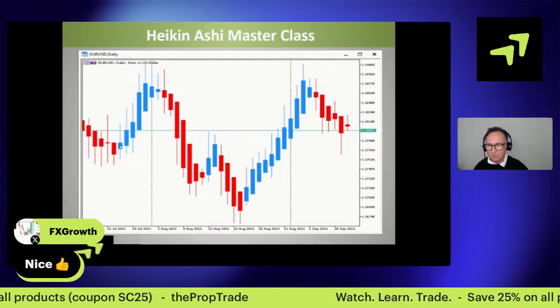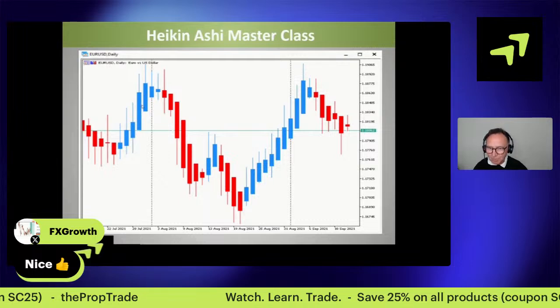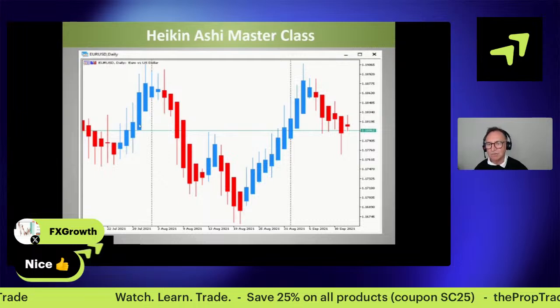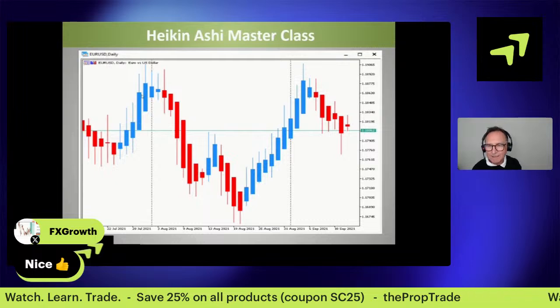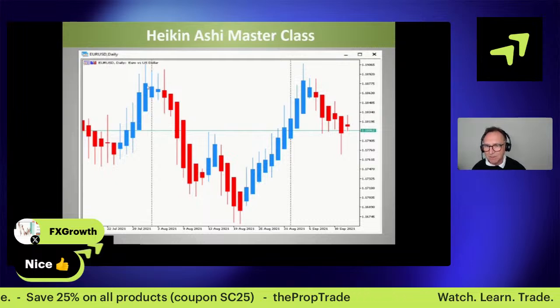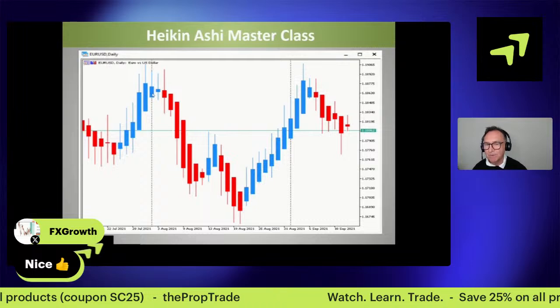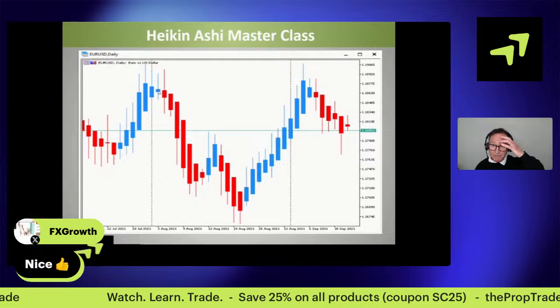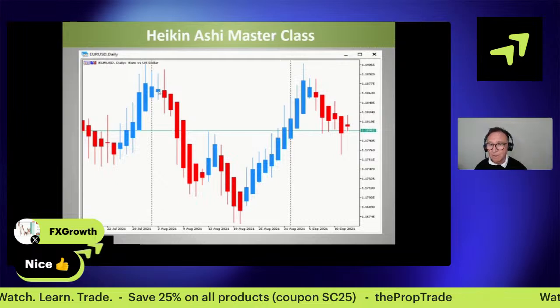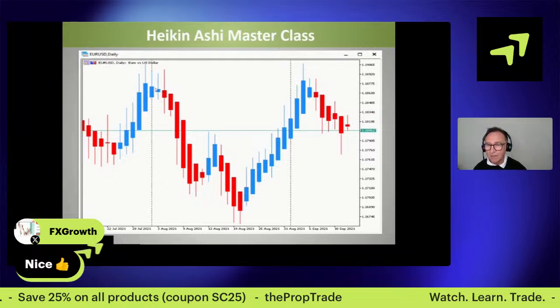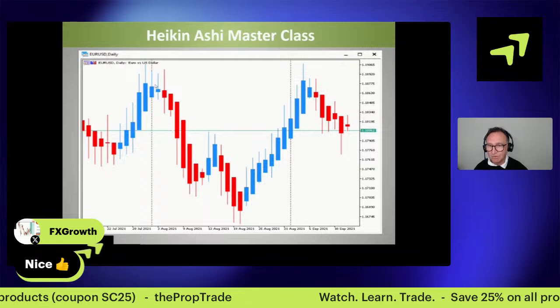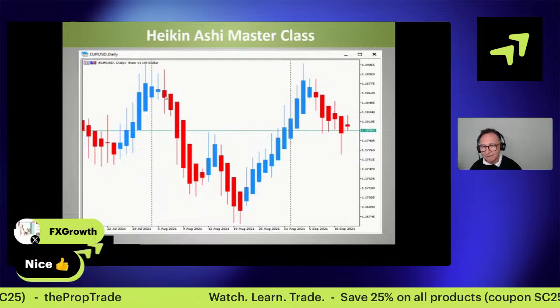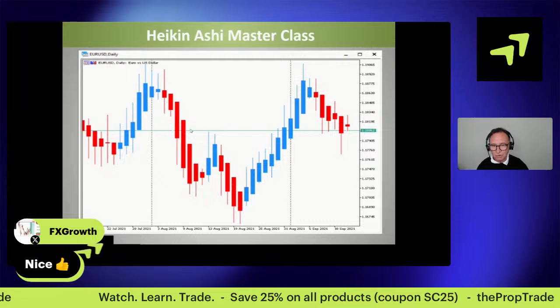Waited till this fourth candle here, big body candle, no wick to the south, very strong entry. So they might have entered strongly here, added to their position here, and even added to their position here. Been cognizant to close some of the position here on this fourth candle as we've finally got a wick to the south, and then got closed out of this big strong move here as we've gone red here, and then done the same here, got short,